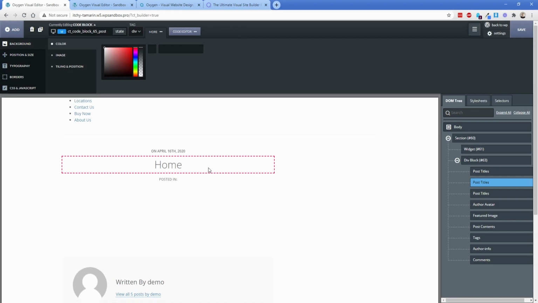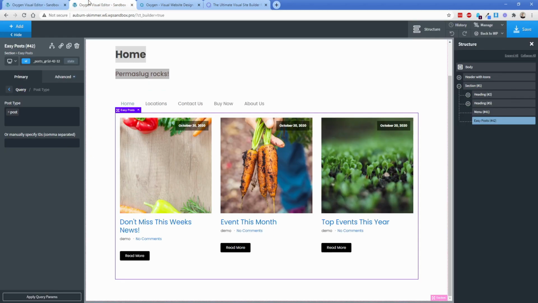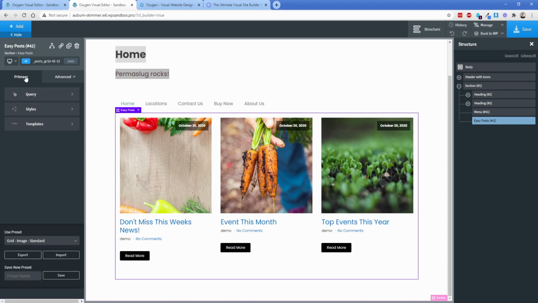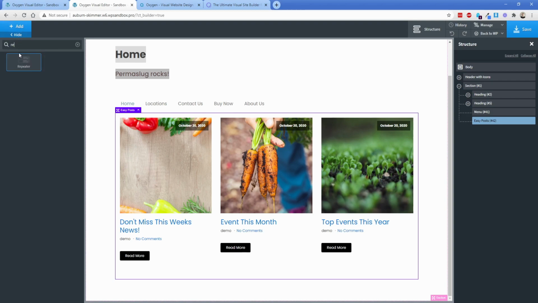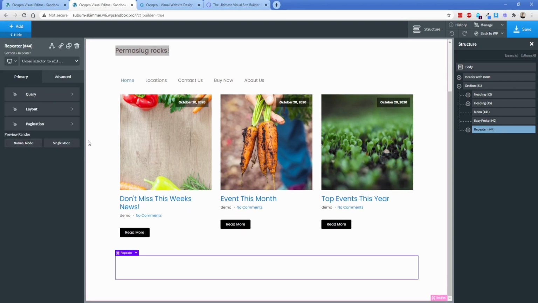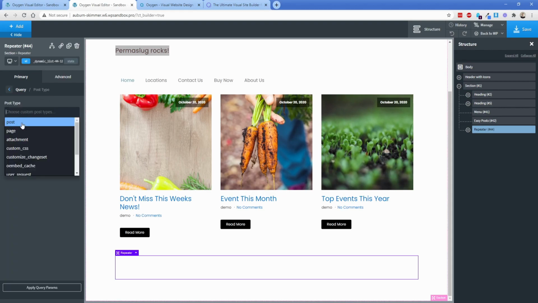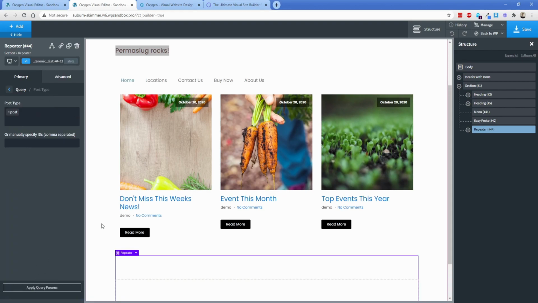So if you wanted to make a change to this, it would be very difficult if you didn't know how to do that using PHP and CSS, whereas in the current version of Oxygen, Easy Post is not the best example because it does require you to still know how to modify the PHP and CSS templates. But you can just use the repeater element and more or less do the same thing and just design it yourself. So the repeater, you would go query, custom post type is just post, and then you would pop in,